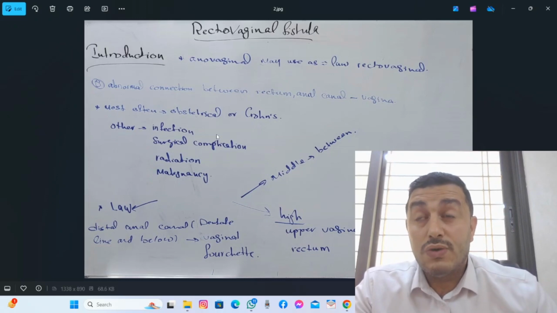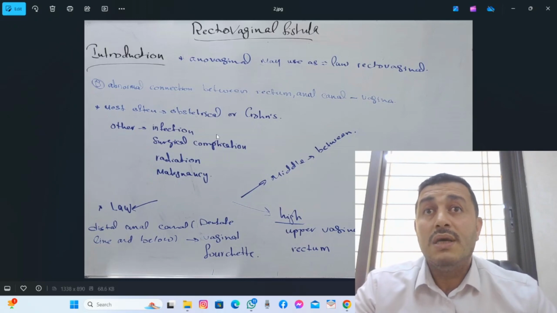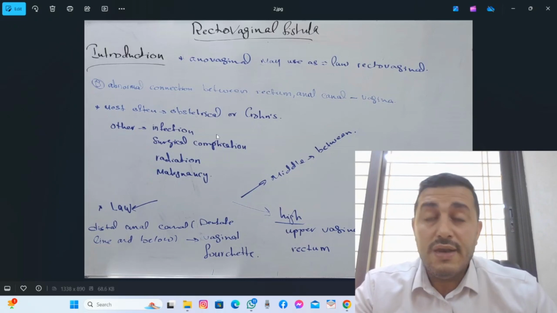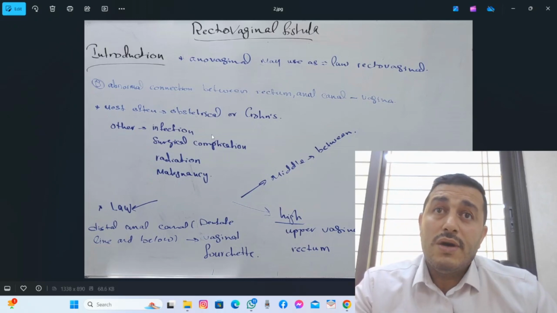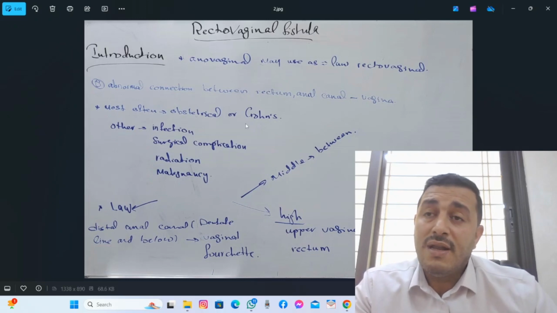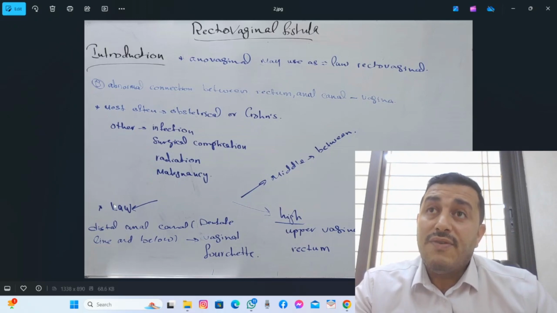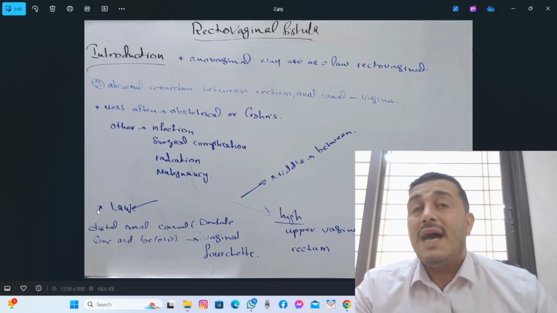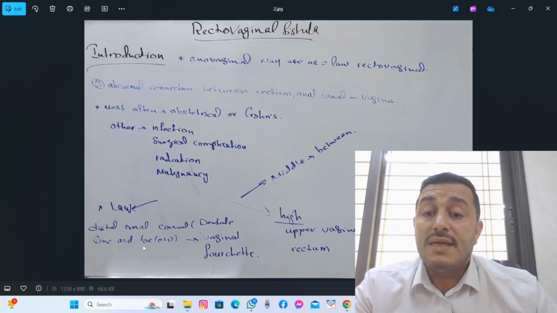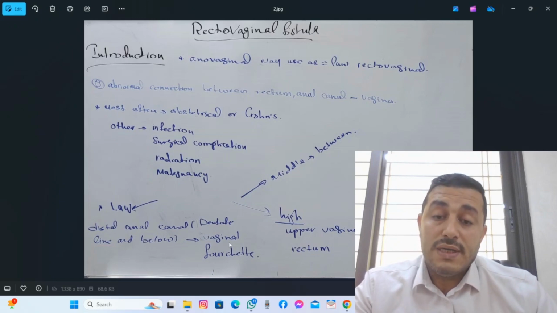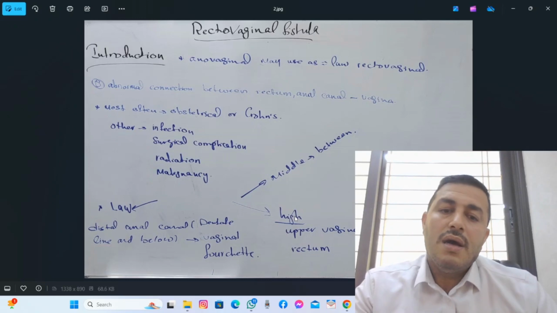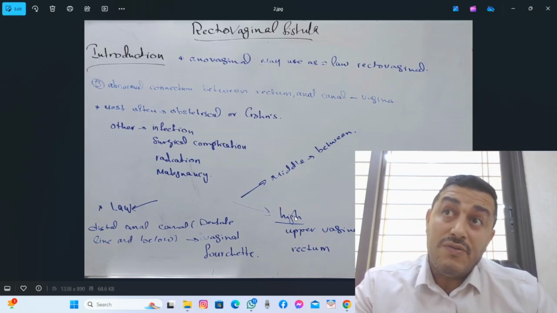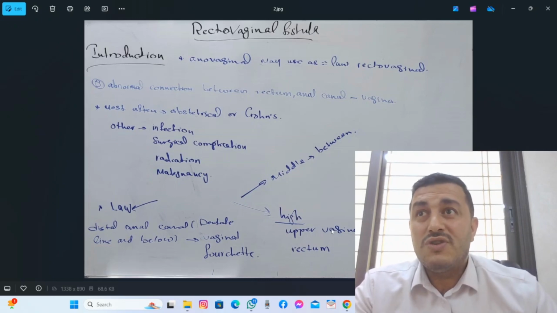They can be classified according to the location, and here the dentate line plays a role. Below the dentate line, from the rectoanal side, and from the side of the vagina at the level of the vaginal opening or the vaginal fourchette, this is defined as low, and we will see that low is usually a simple fistula. So distal to the dentate line and at the vaginal fourchette. While high, we are talking above the dentate line, and at the upper vagina near the cervix